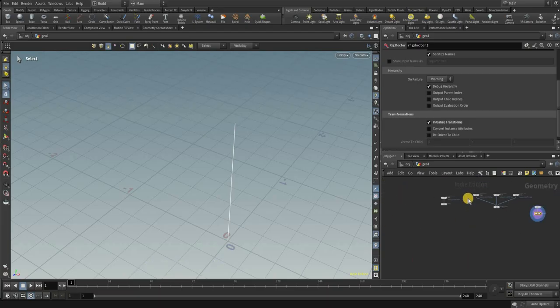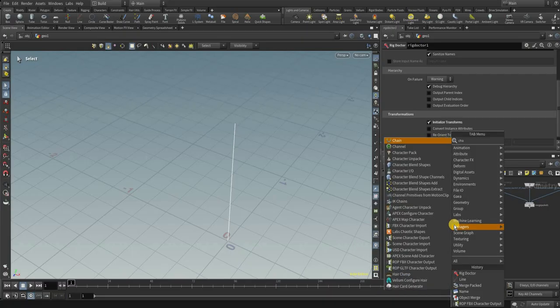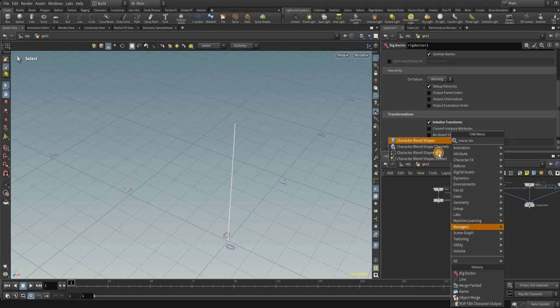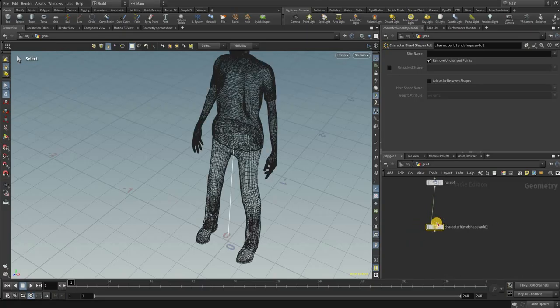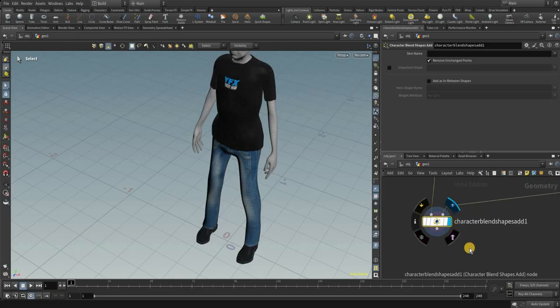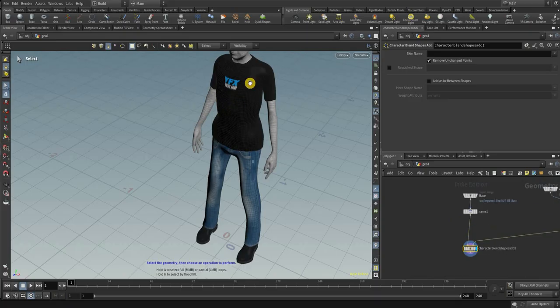and this line is going to be the rig of whichever object we assign it to. Now, to be able to add this, as I said, we will need to add a character blend shapes add. Now, this one needs a base mesh, and it needs the packed blend shapes. So we already have the packed blend shapes, right? So hypothetically, our character already has the blend shapes,